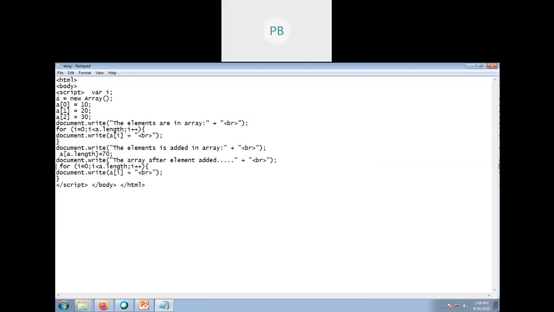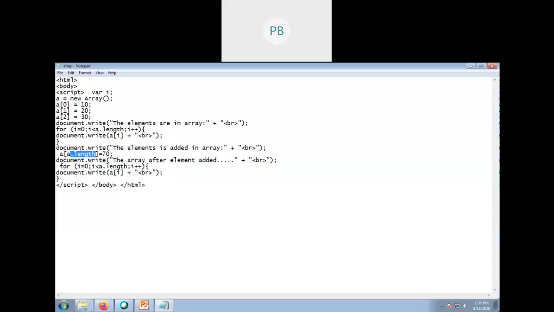So this is the array name. We have used an array over here. In that we have initialized it with the values 10, 20 and 30. Then for printing the values, first we will print the full array over here. In the next part, we are calculating the length of the array. That is, this is your array name, this is the length of the array. How much length is there?